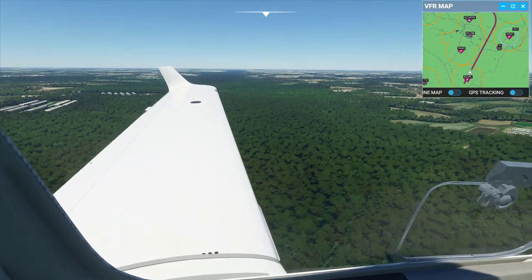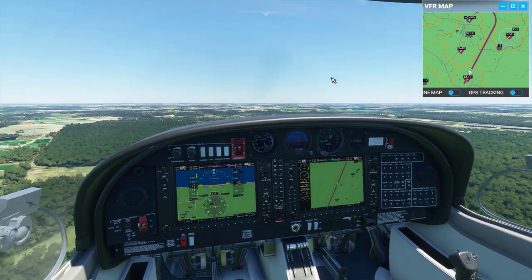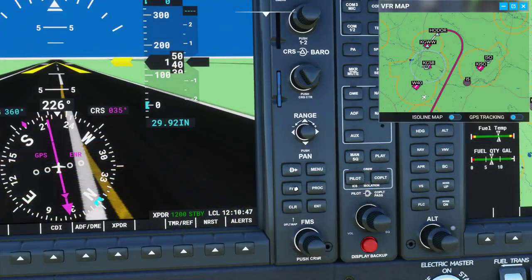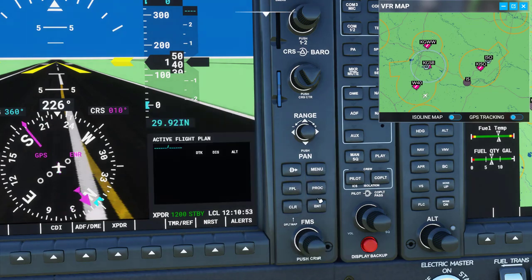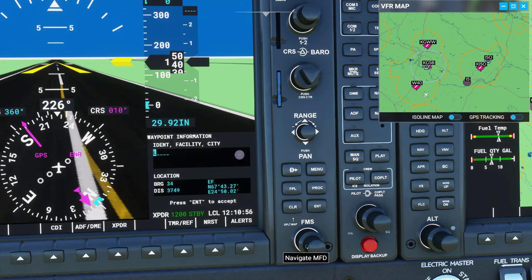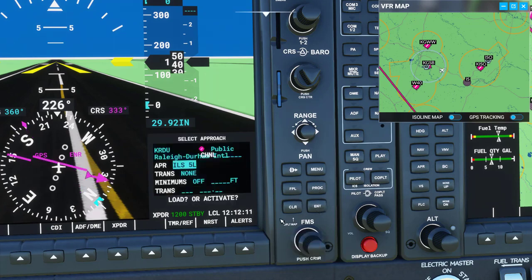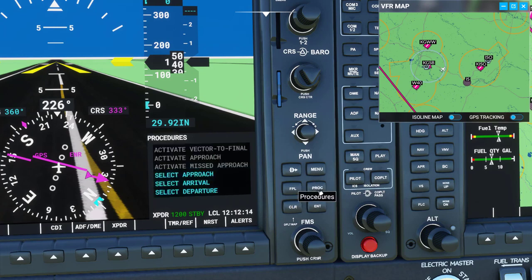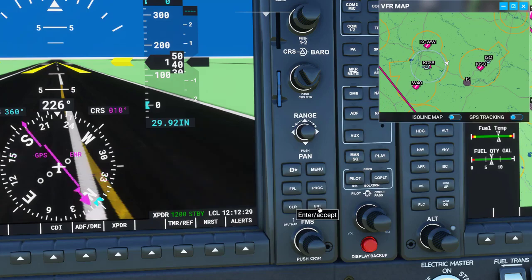It's important to note though, if you're doing something weird, like say for example, if I want to go to RDU, so let's go back over here, and if I want to just delete everything, I can just do that here. So let's go ahead and re-add this real quick. What I can do is set an approach there, or I can select an arrival, and I can say to whatever runway. Let's load that,